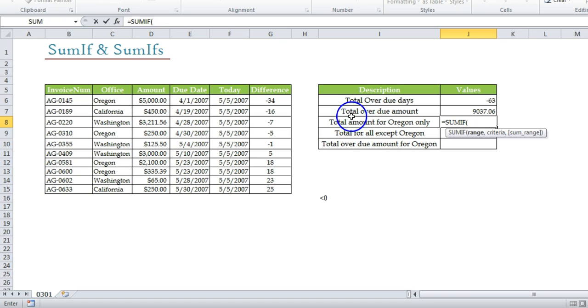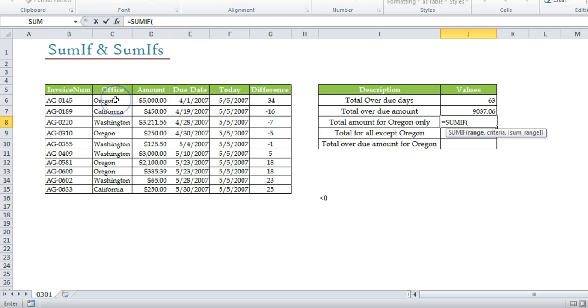So basically this is going to be our sum range, which is the amount one, for Oregon only. Now we have a list of offices out of which we are targeting only Oregon. So Oregon is going to be our criteria, range will be offices, and sum range will be column D. So here we go.